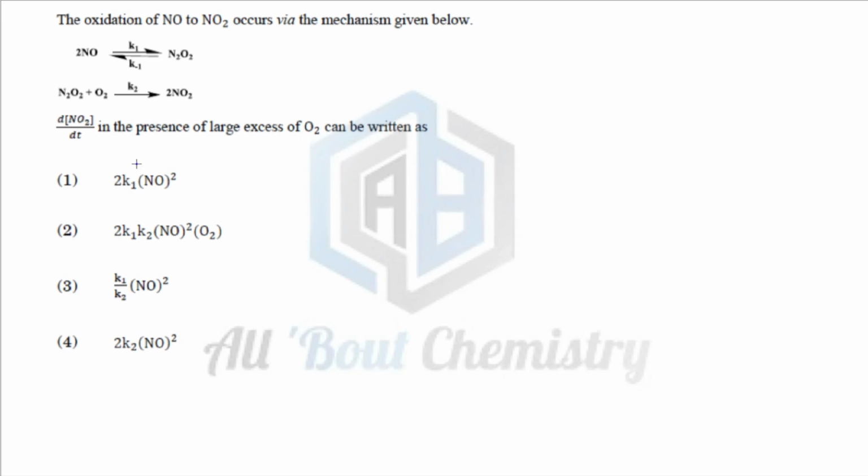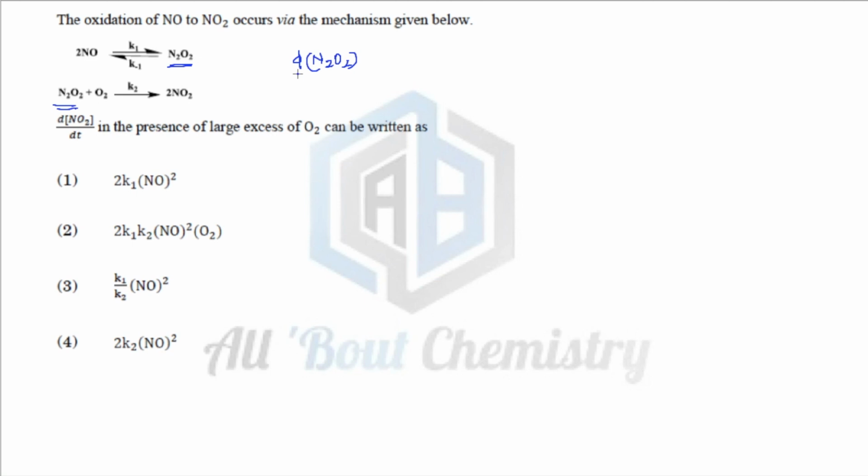Now you can do this particular question quite similar to what you have done in enzyme catalysis. So it will be quite similar to that, and let's try to see how we are going to do it. Okay, so we'll apply a steady state approximation on N2O2, because this is the species which is there in both the reactions, and it is behaving as an intermediate, very short lived, right? So when you apply that,